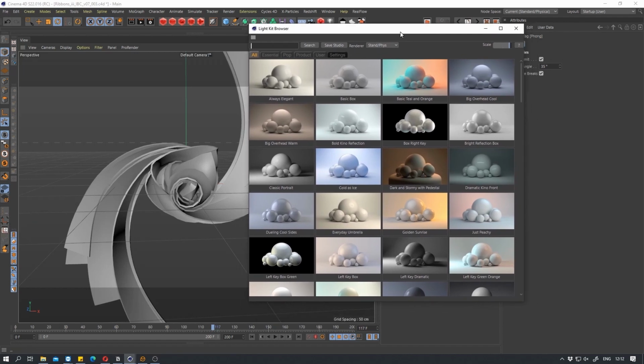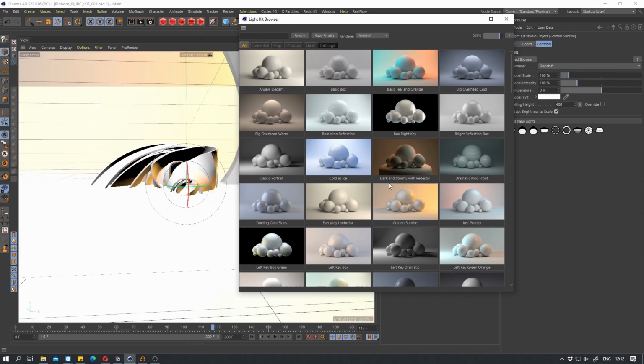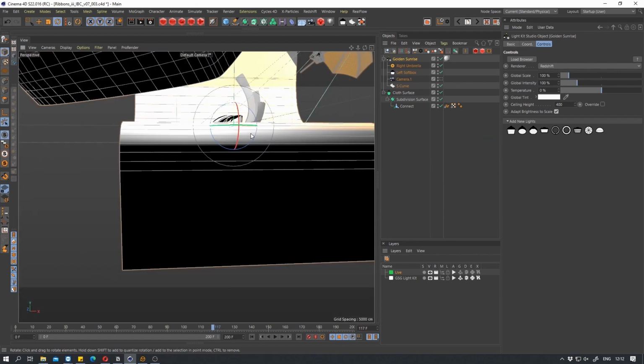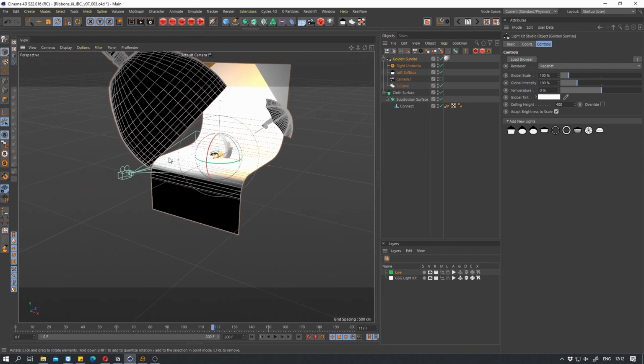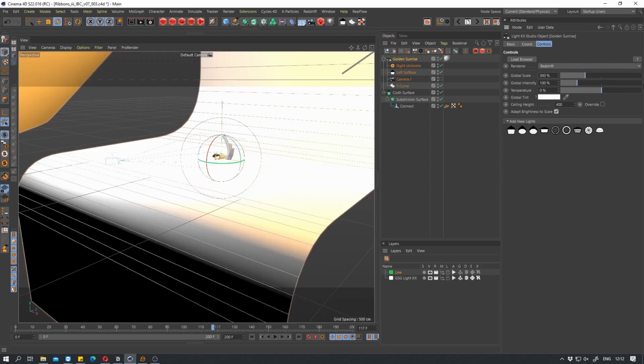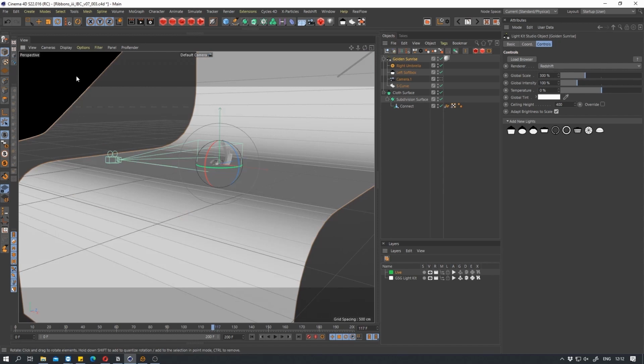So the one I'm going to choose is the Golden Sunrise, but first of all, I'm going to choose Redshift here. So all the shaders and everything that it creates are Redshift shaders. So double click Golden Sunrise, and if I go back, so here we have the set. Well, this is a bit too small, so I'm going to change the global scale to 300, and I also want to change this to quick shading,